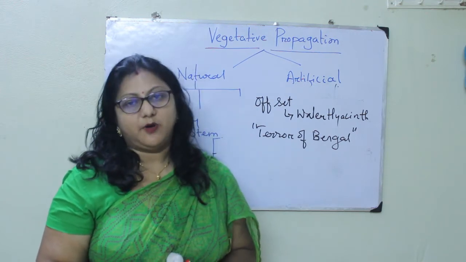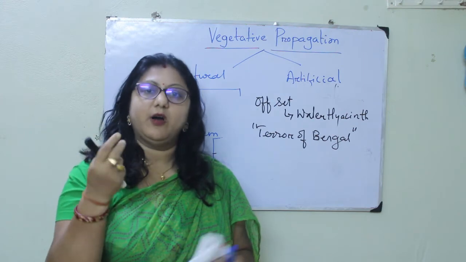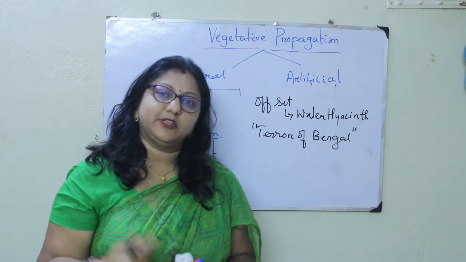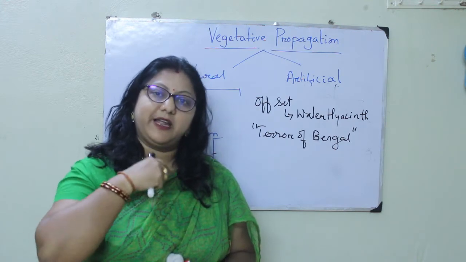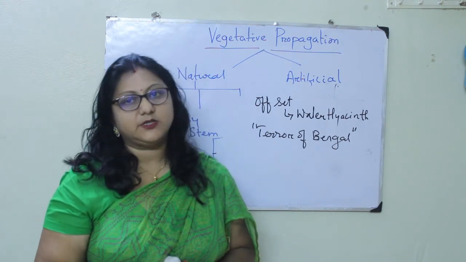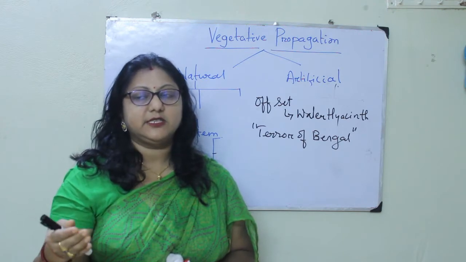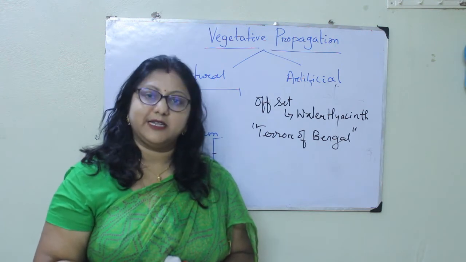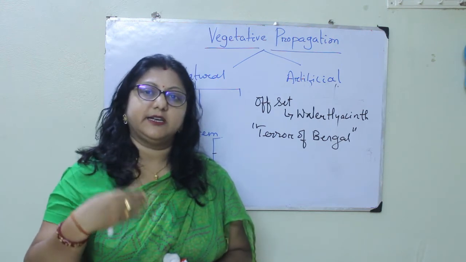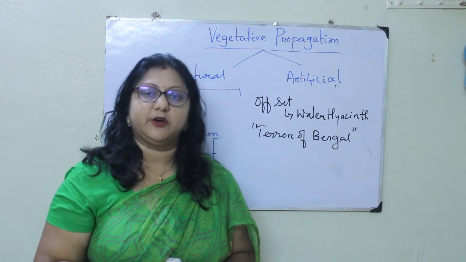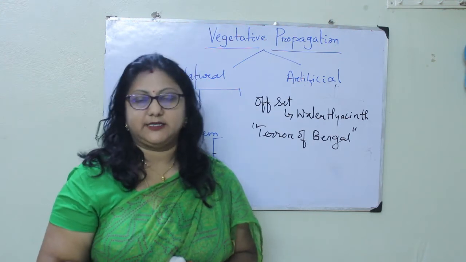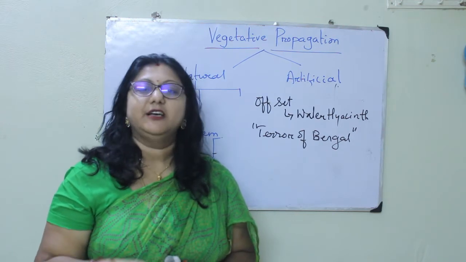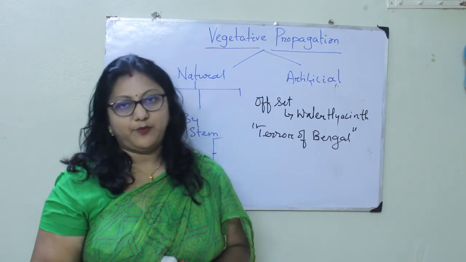But later what was found, that after a small plant of this water hyacinth develops, it completely spreads over the water body, and it completely destroys the aquatic ecosystem. So within few years, the total indigenous species, that is the local species of plants and animals, started dying, or got all destroyed because of the growth of this water hyacinth. As this hyacinth was first planted in Bengal, West Bengal, it is known as the terror of Bengal.